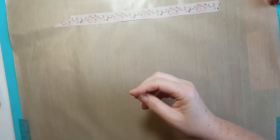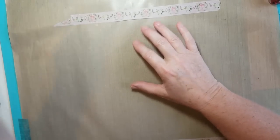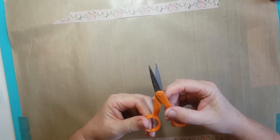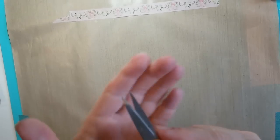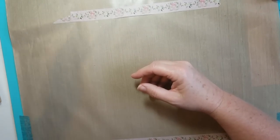I think so. And I just realized I have a Band-Aid on my finger, and I'm sorry, that probably looked really bad in the picture. I'm taking it off. I had a mishap with these scissors. These are really, really sharp. I asked my husband to sharpen them one day, and he sharpened them to a point. I don't know if that's in camera or not, or if you can even see it, but these are super sharp. And I was sitting there doing some fussy cutting, and I sliced my finger, but it was weird because